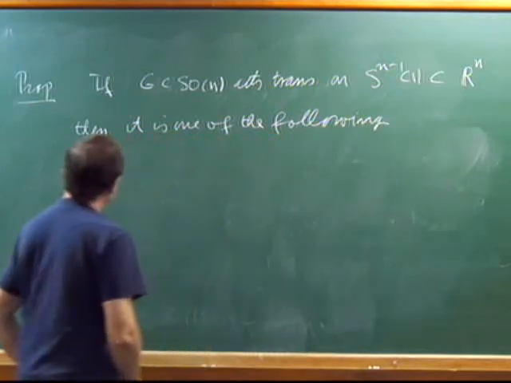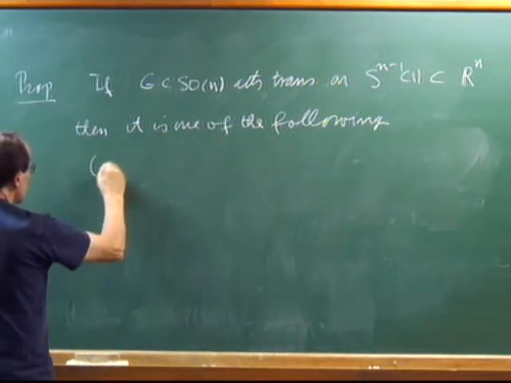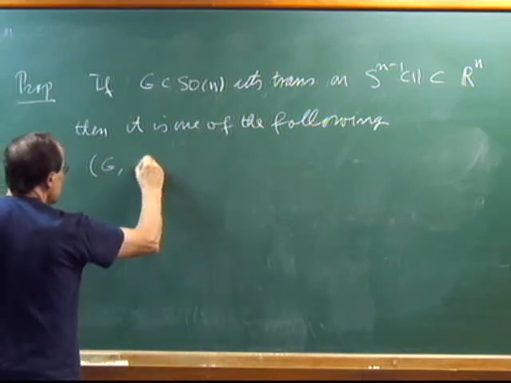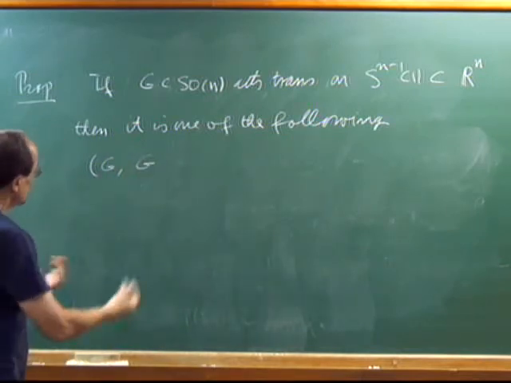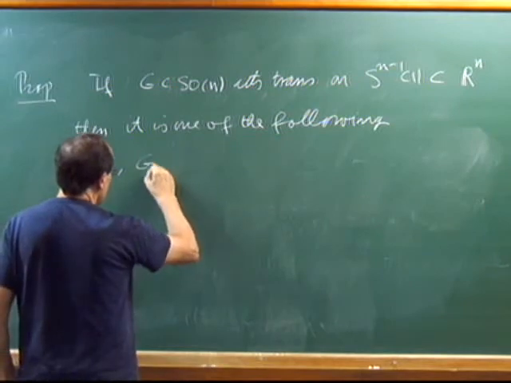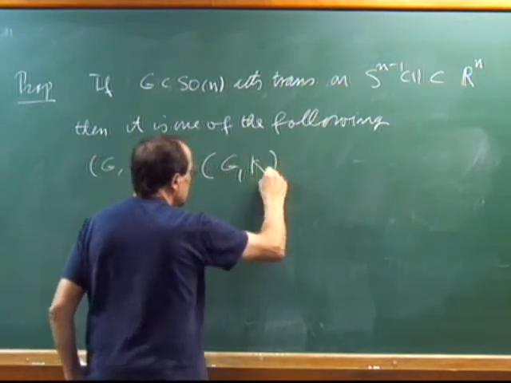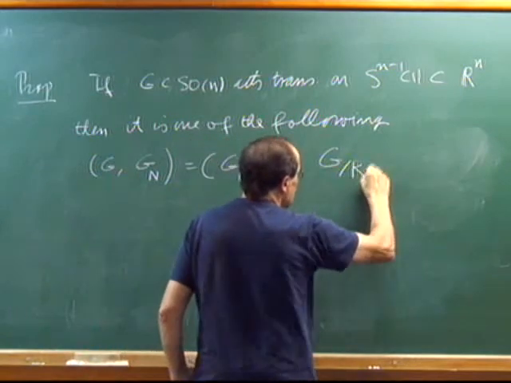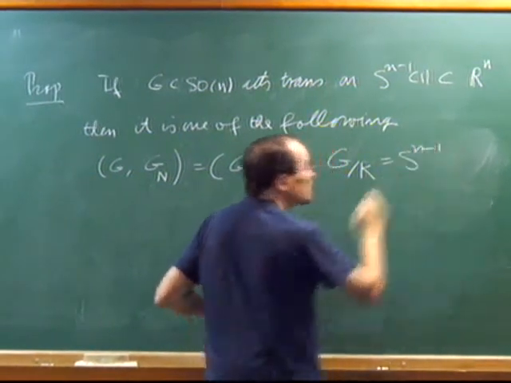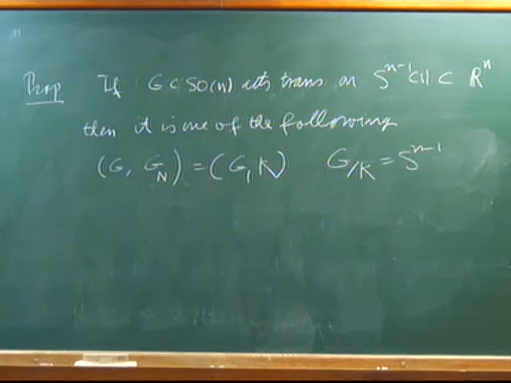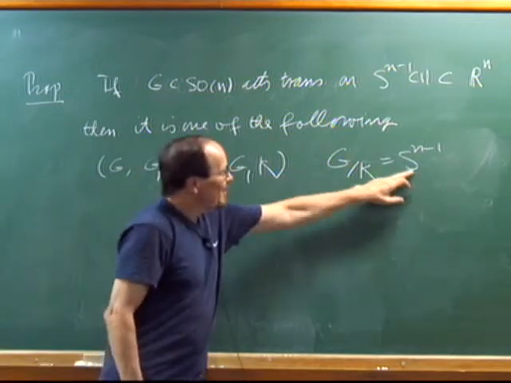And I'm going to write down the group G. I'm going to write down the pair G and the stabilizer of some point, so, for example, the North Pole. So we write G comma K, such that G/K is a sphere. It will be the same thing as saying that the group acts transitively. So in other words, the question now is, in how many ways can I write a sphere as a homogeneous